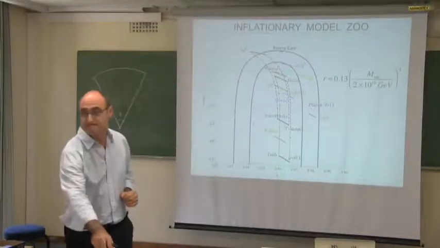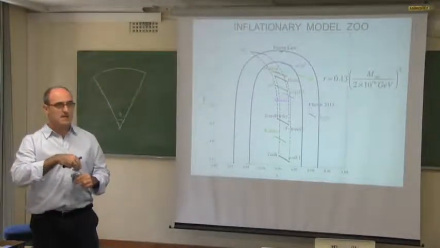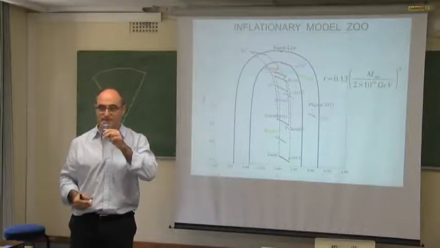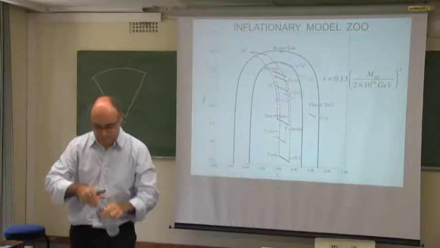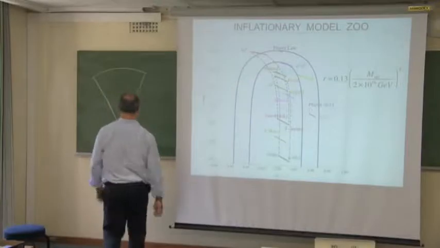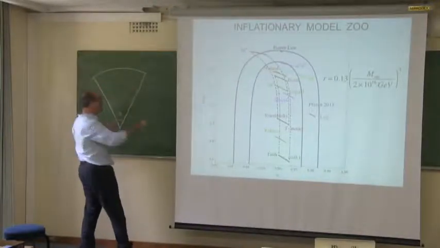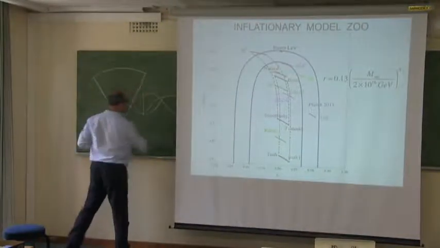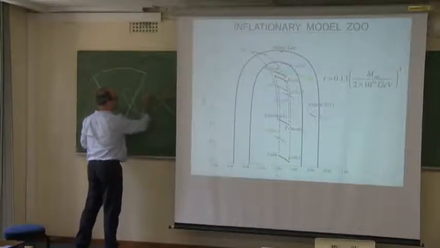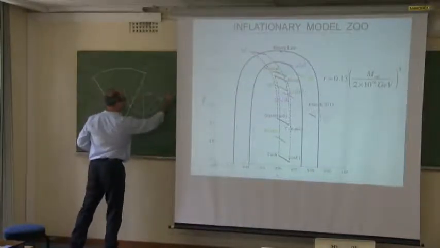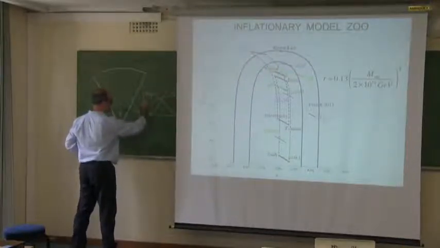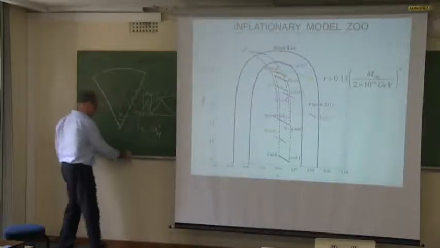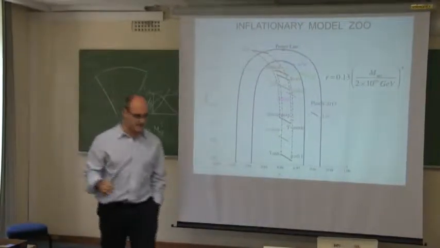Yes? So what's meant exactly by the scale of inflation? Is it the field value? It's the fourth root of the energy density during inflation, 65 e-folds before its end. Okay, so draw it here. Imagine you have, remember the variety of models we have. All of these have a scale above 0. It's this scale. If you write it as the fourth root of the energy density, that gives you the scale. And that scale is 10 to the 16.